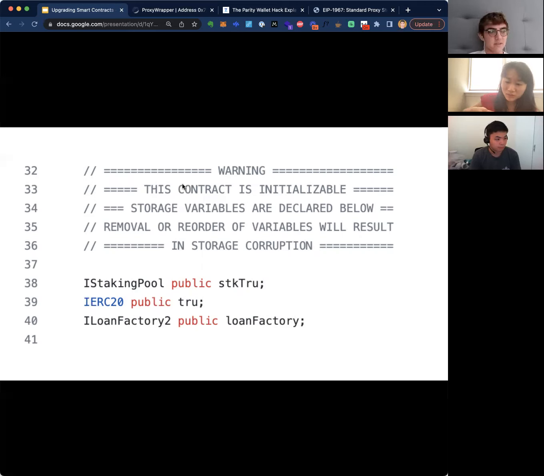So one thing is that first off, and I guess this is just Cosmos in general, it's not Terra specific. In Cosmos, they support mutable contracts. So right off the bat, you don't really need a proxy contract. You can just upgrade contracts directly. And then as far as how storage works, for every variable that you store in storage, you basically give it a key. So if you go back one slide,